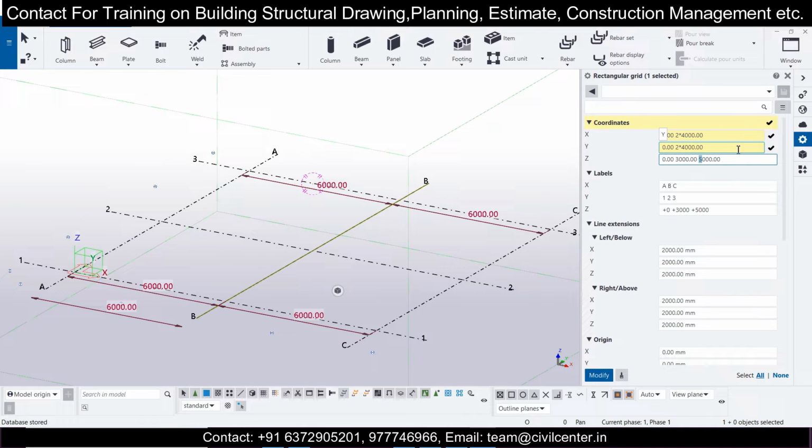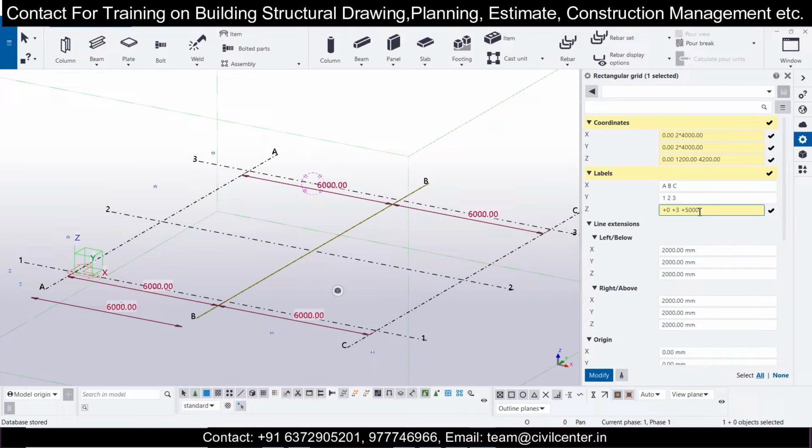So this is basically a G+1 structure which I'm going to take, but I'm taking the foundation level also. I'll do this as 1200, that is 1.2 meters, and then 1.2 plus 3, that is 4.2 meters. So this will be 4200, and I'll name these similarly: ABC, then 1 2 3, and then 0, plus 1.2, plus 4.2.